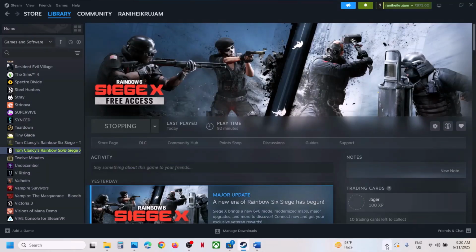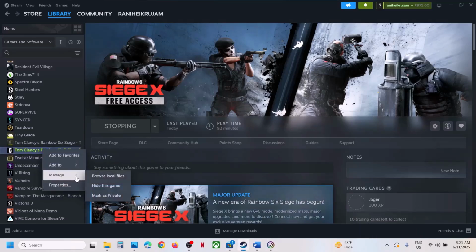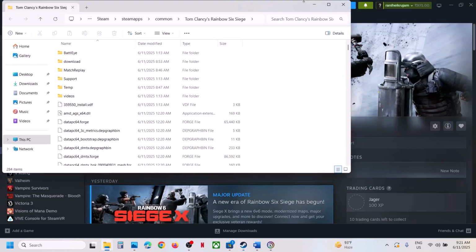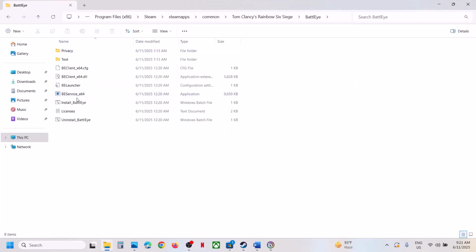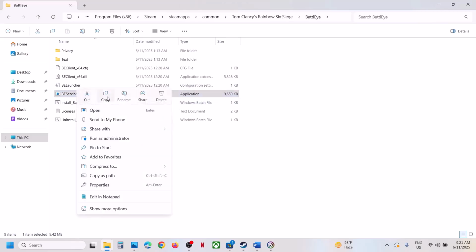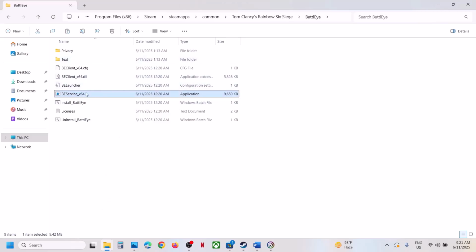Now if you have the game on Ubisoft Connect, you can go to Ubisoft Connect location. If you have the game on Steam, then make a right click on the game, manage, browse local files, and then first of all open the BattlEye folder. Over here you can see BEService_x64. If you want to create a backup, you can copy this, create a backup, and then make a right click and then you can rename it to .old, whatever you want, you rename it,